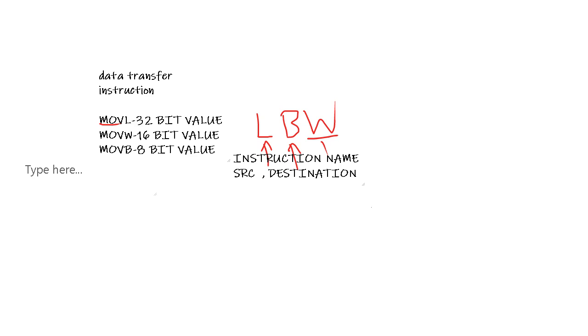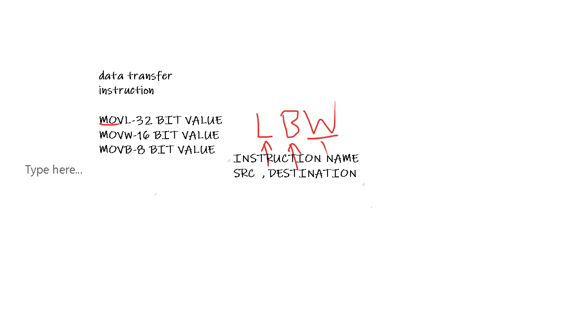After that we have to find whether it is a 32-bit value or 16-bit value or an 8-bit value. Since EAX, it shows that it is a 32-bit value. So for a 32-bit value we have to use L. So now we have to write movL. And we are going to move the value from the register EAX, so EAX is the source, to the register EBX. So EBX is the destination.